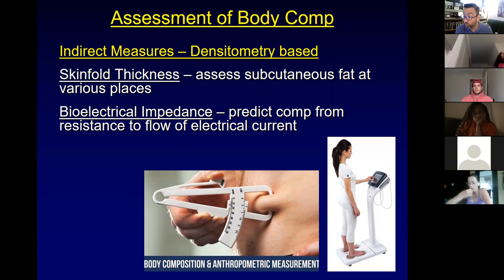One of the things that we do when we have class in person, we do skin folds, okay? You have to measure skin folds on some other people in class. You guys, if you've never done it before, are going to be terrible at it. You're not going to be very good, which leads to either dramatically under or overestimating the skin fold thickness. Most people tend to underestimate because you